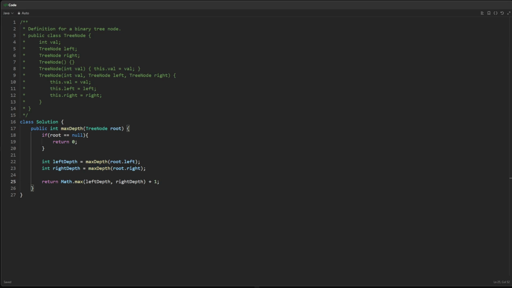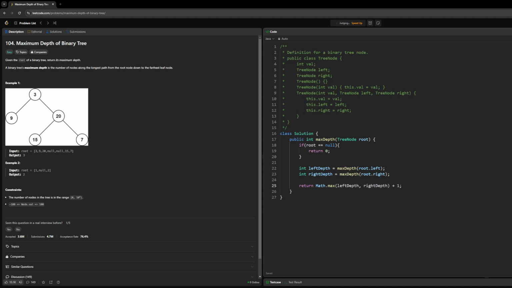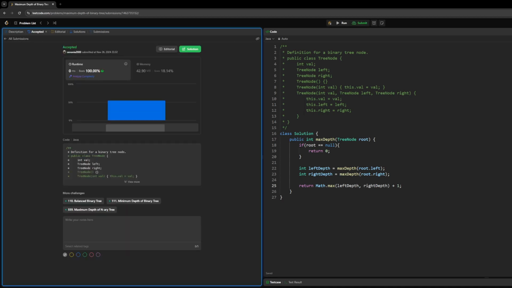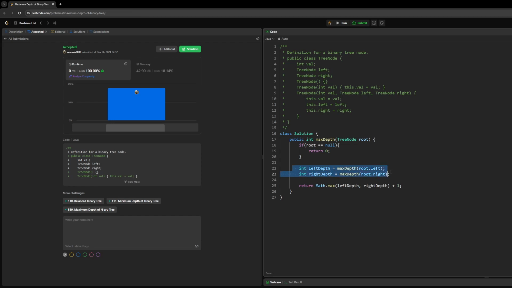So if we just submit that and we check our result, there we go, fast result. Okay, terrible memory, but doesn't matter. So yeah, hopefully this was a very simple, easy solution. I'll very quickly, just in case we don't understand what's going on in this section, go back to our little drawing board,